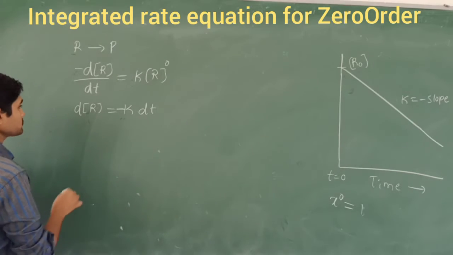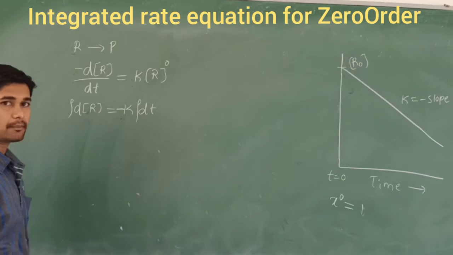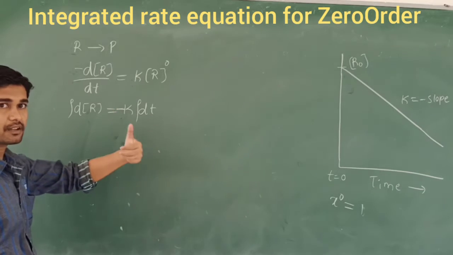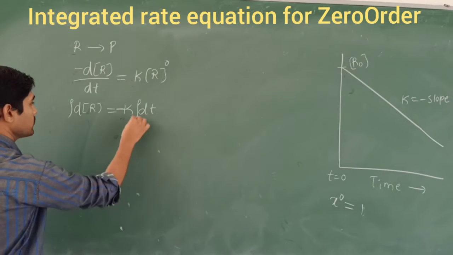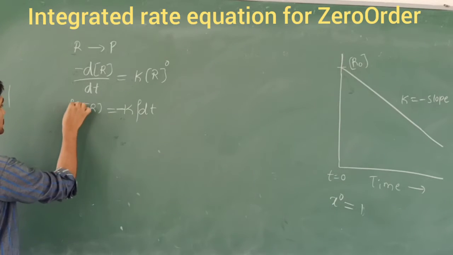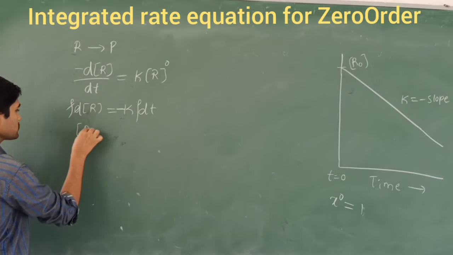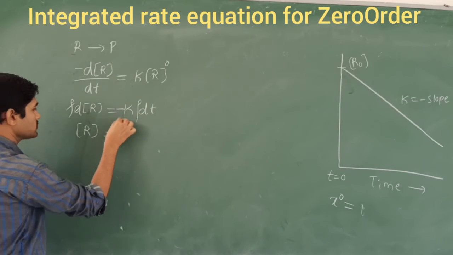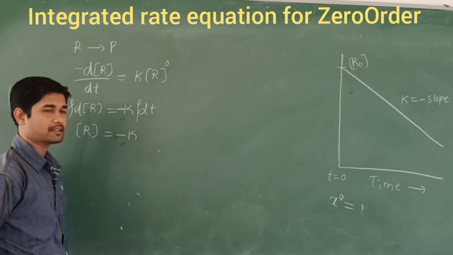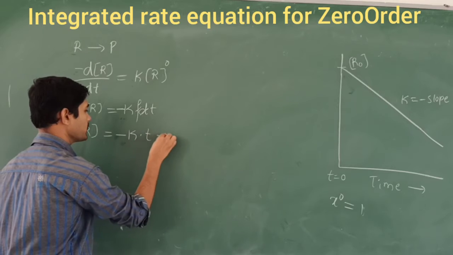Now I am going to integrate this equation. After this integration, because k is a constant, and the negative sign, right, this does not involve the integration, so we only integrate the remaining terms. The integration and the differential term cancel each other. Therefore, the concentration of the reactant R is equal to minus k as it is, minus k into the integration of dt. Once again the integration and differential cancel, that becomes t plus I.